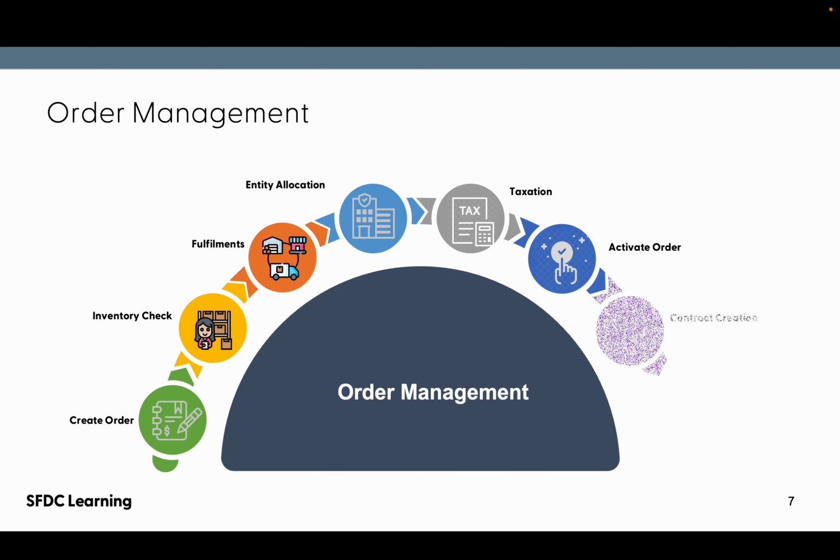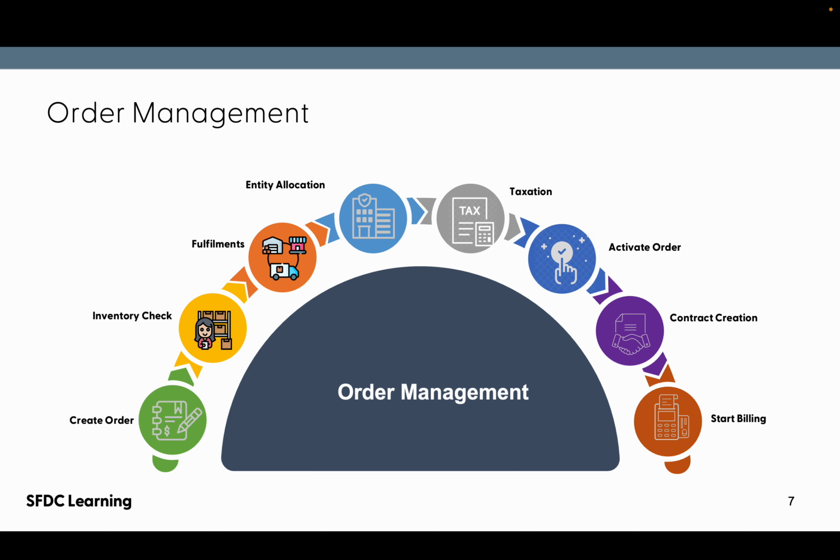Then contract creation. So let's say after creating and accepting the proposal, we create the order, and at the end when the order is activated, you enter into a contract. So let's say it's a 5-year contract. You're going to create a contract out of that particular order. And then at the end, you're going to start your billing, because once your order is activated,